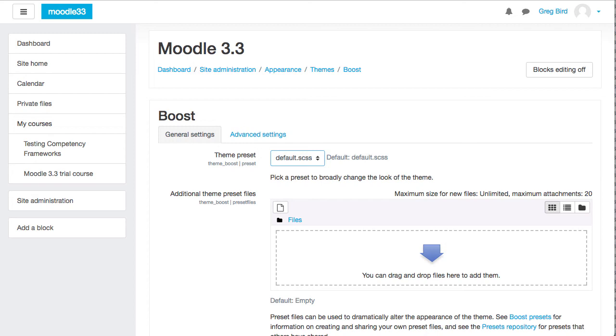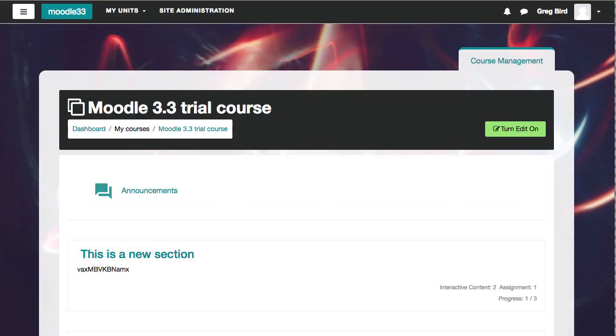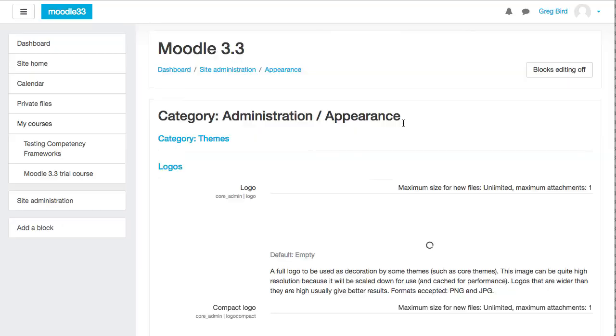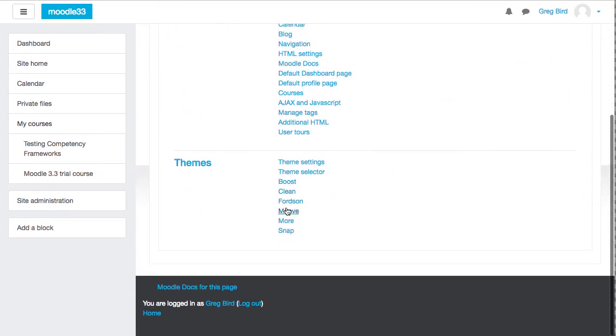And so there's this notion of parent and child themes. So Boost has a number of children themes which take the kind of scaffolding that Boost provides and then adds extra stuff to them. And so one of them is one called Fordson. Looks a bit different. You can actually control whether you see the editing on or off button. And in fact, behind the scenes, you've actually got a lot of user interface control over the Fordson theme that you don't have in Boost. So if I go back and now I go down and choose the Fordson theme,